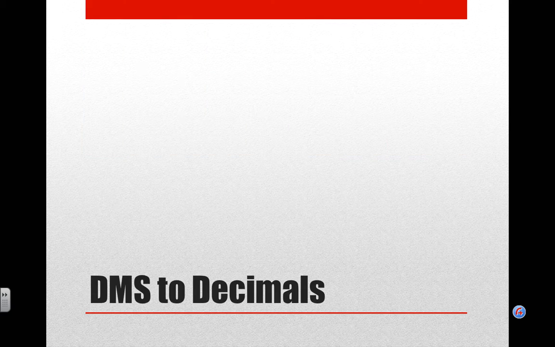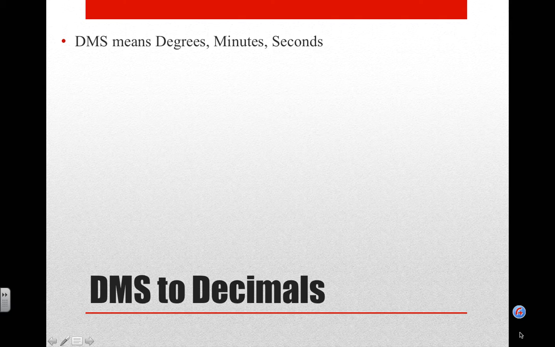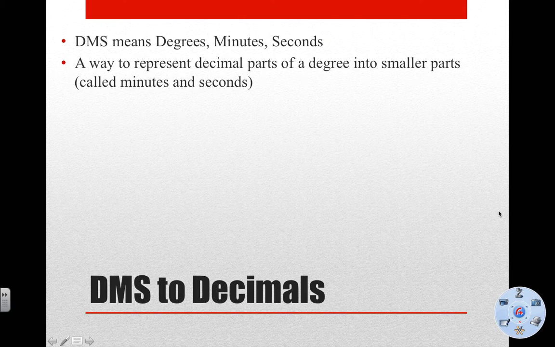We're going to do two different things. We're going to go from DMS to decimals and then also from decimals to DMS. I'm going to explain a little bit what that means. All right, so DMS is just an abbreviation for degrees, minutes, and seconds. And what it is is just a way to represent decimal parts of a degree in smaller parts called minutes and